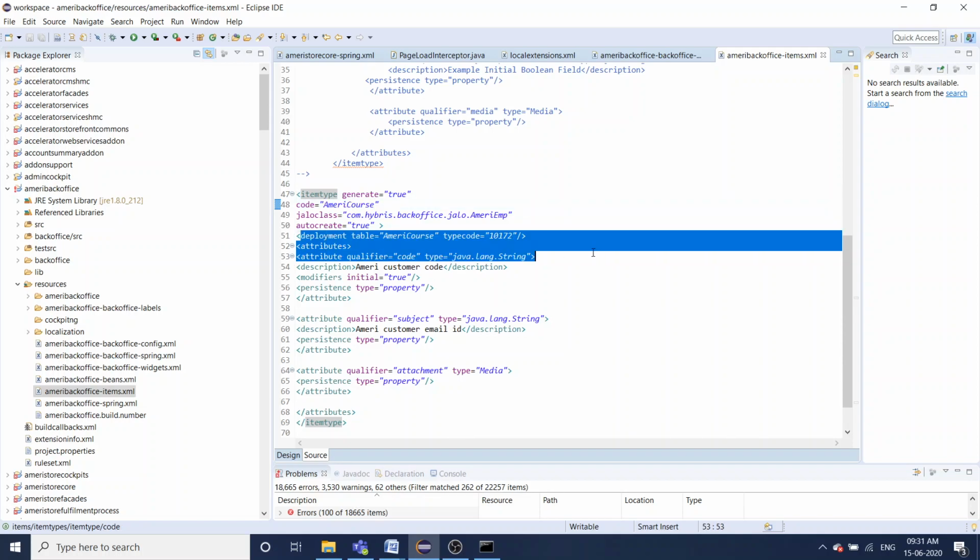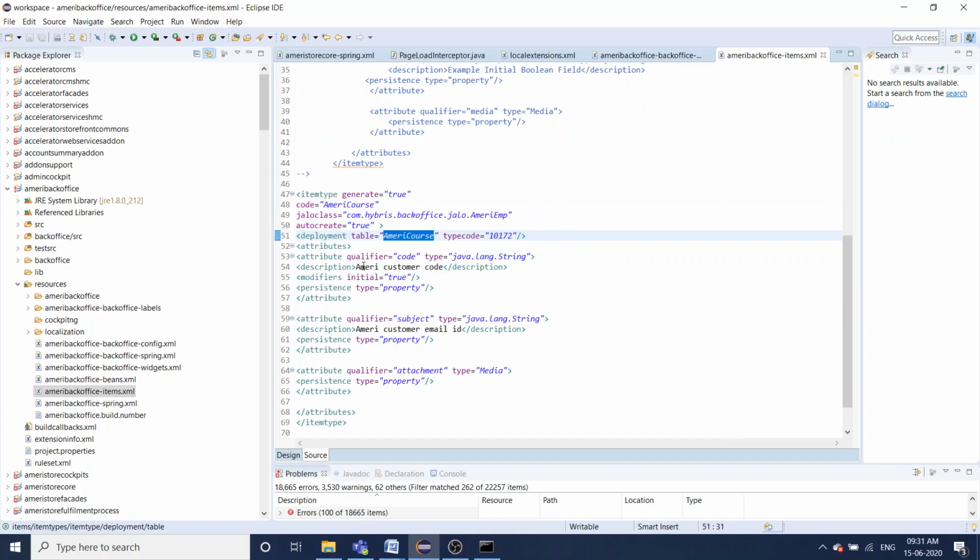We have created the deployment table for this one called AmeriCourse, and we have added three different attributes: code, subject, and attachment.